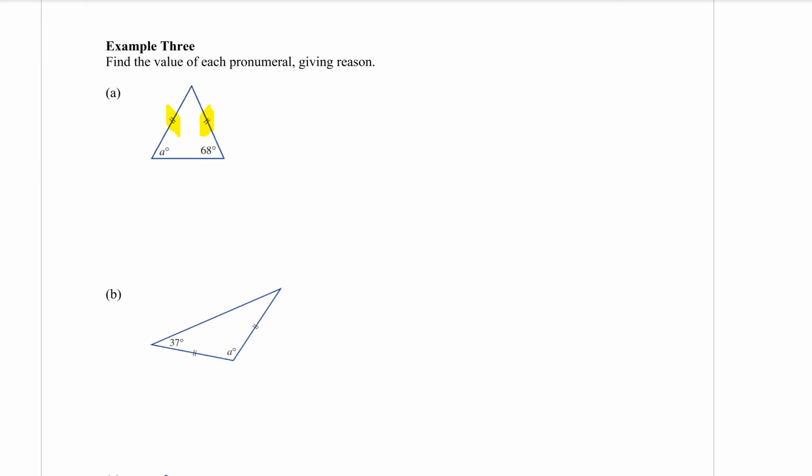So how we write that, we know that these base angles here must be equal because of that isosceles triangle. So I say that A is equal to 68 degrees. And my reason is because base angles of an isosceles triangle, now isosceles you can just shorten to isos, base angles of isosceles triangle are equal. Whenever you